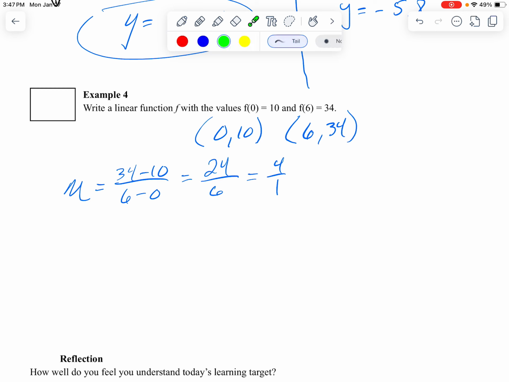We already have our y-intercept, right? When x is 0, the y value is going to be the y-intercept. Y equals 4 over 1 x